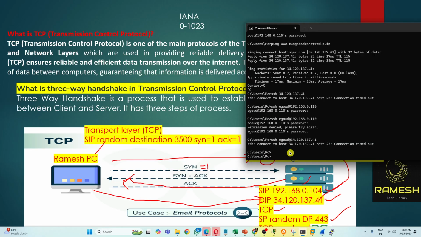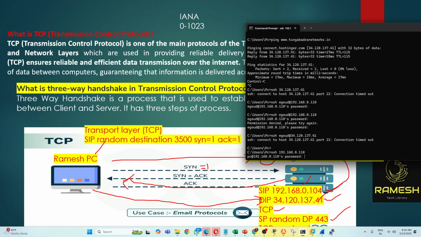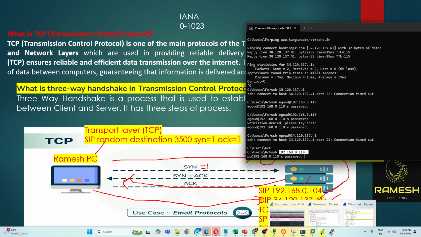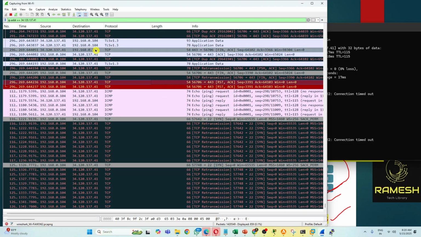Okay, so SSH. It is accepting actually. The SSH connection is accepting, but let's see. 192.168.0.110.